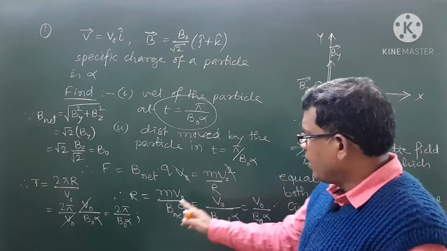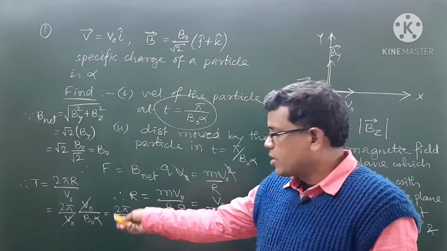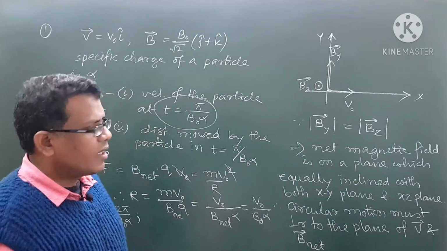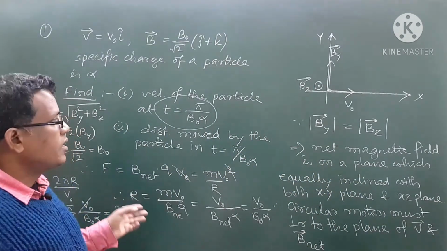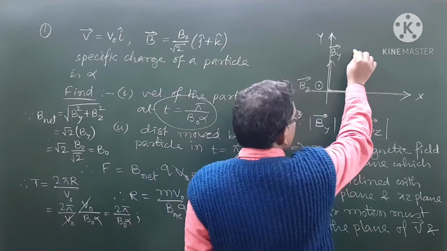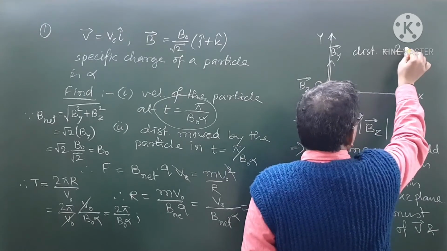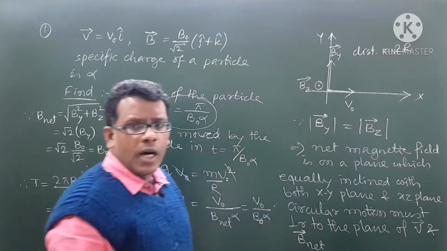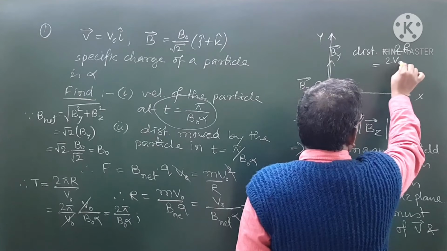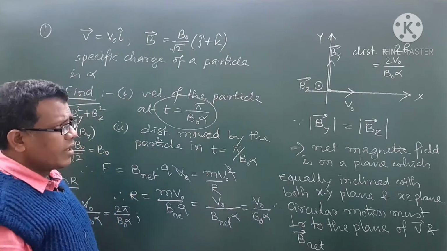So that time is definitely half of the one circular motion. The time taken to complete one circular motion is this. So during half motion, the particle can only travel pi r as the path length, which means it will travel to the diametrically opposite point. So far as distance moved is concerned, in the given time it will be half of the oscillation, meaning it will just travel through 2r, that will be 2 v naught by b naught alpha. This is the distance to be traveled, right.